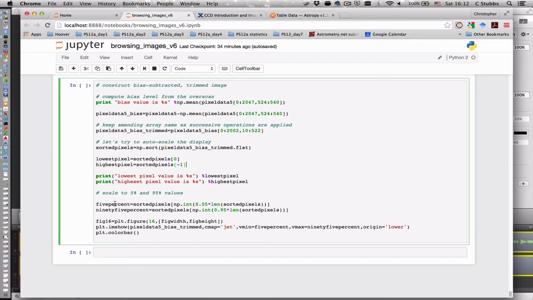But importantly, just by going 5% down this sorted array, I can pull out the pixel value that is at the 5% extreme of the intensity distribution, and by finding an integer index that's 95% of the way down the 1-dimensional sorted pixel value array, I can find the intensity below which 95% of the pixels reside,